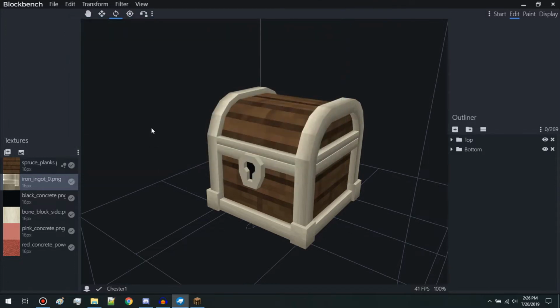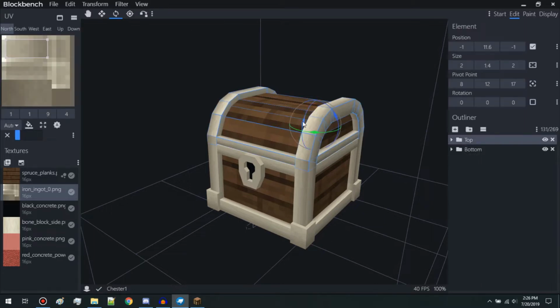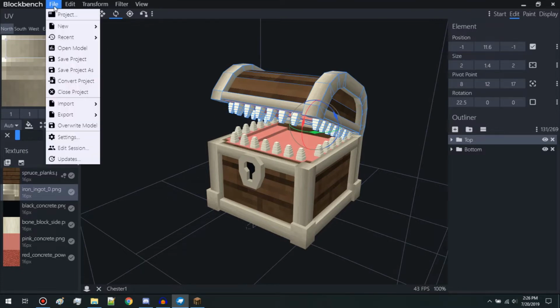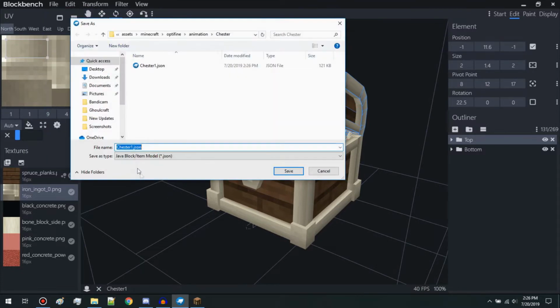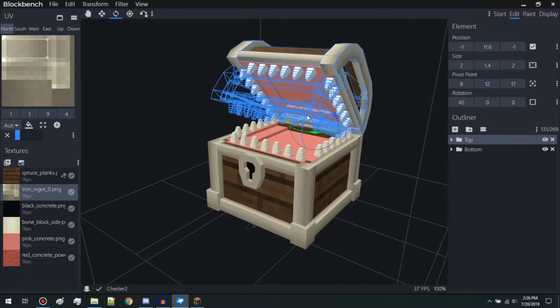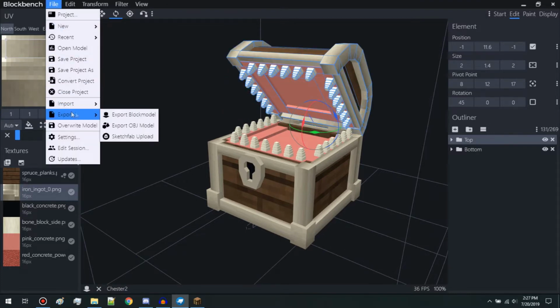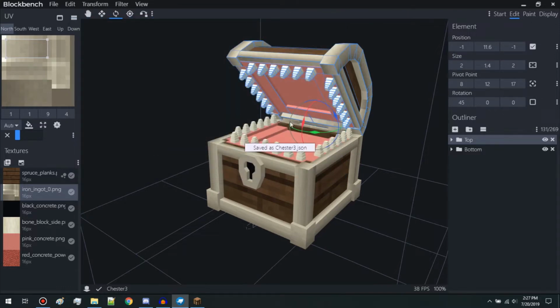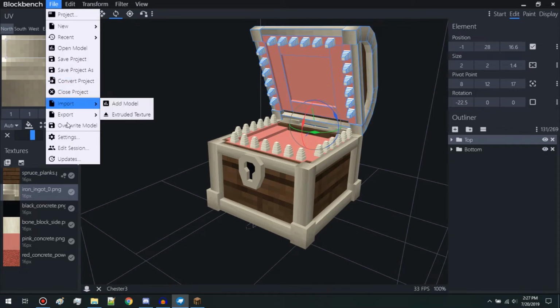Okay, now we're going to start animating him. I'm going to grab his lid and use the rotate tool to lift it up by one little notch, just like that. Now you can see all of his teeth. Go back up to File, Export. We're going to save this one as Chester 2. Okay, now we're going to open it up a little bit more. File, Export, Chester 3. And we'll do one more. File, Export,